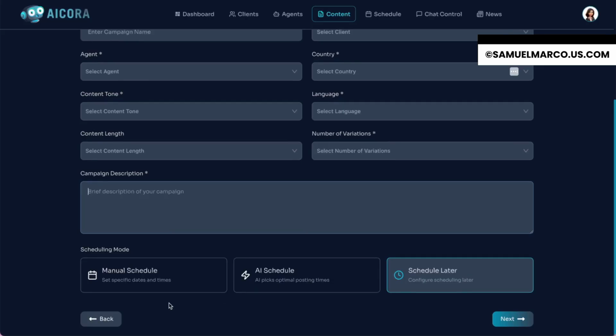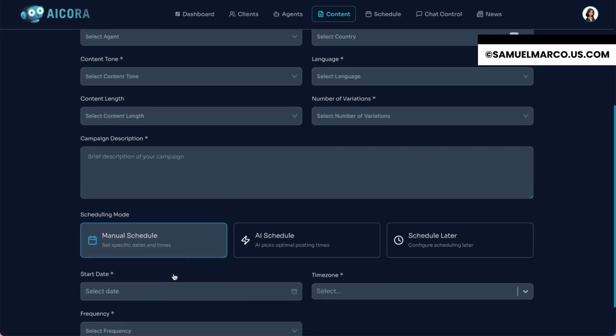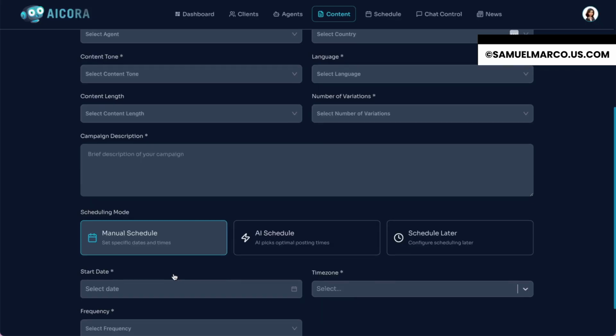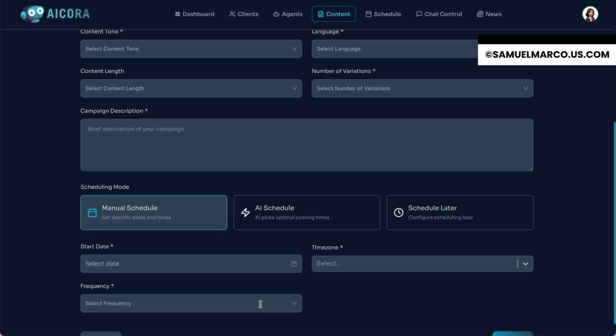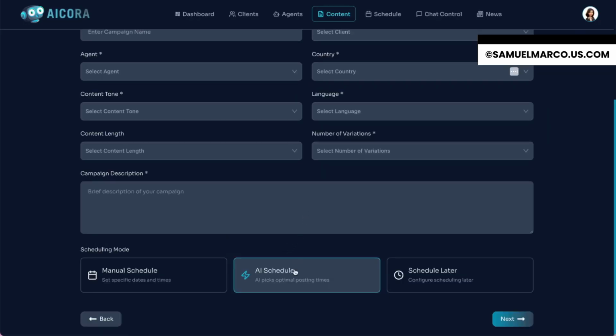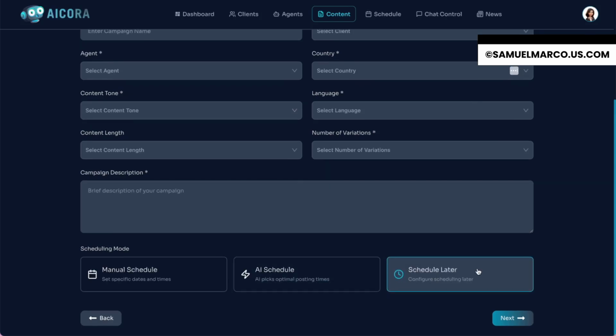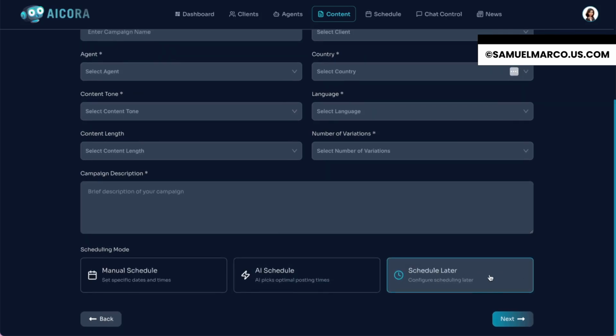Also, you need to select here your scheduling mode. You can do manual schedule, wherein you will be the one selecting your start date and the specific time zone and the frequency of your post. Or you may also select AI schedule, wherein AI Cora picks the optimal posting times for you. Now, if you want to schedule it for later, you can just click the schedule later, wherein you can configure the scheduling of the post